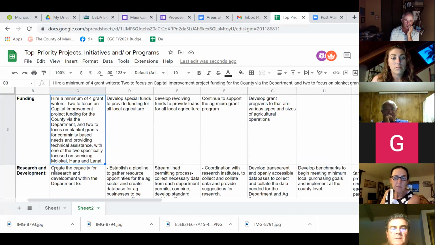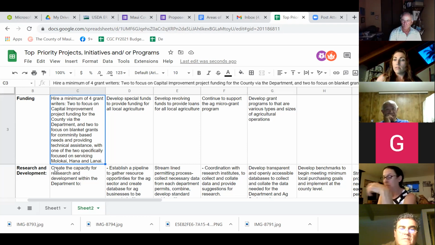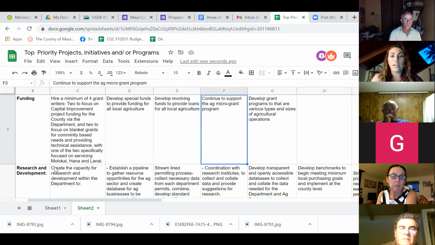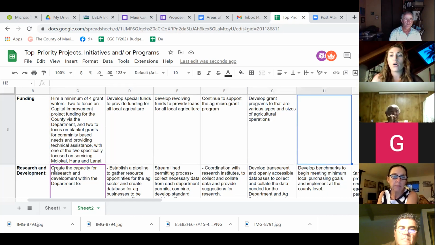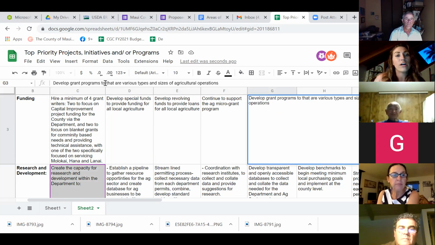I saw something. What is the difference between that and develop special funds to provide funding? That's not a grant, that's different. On D, column D. Special funds is funding within the county. Okay. So if you're talking about develop programs to fund various types...